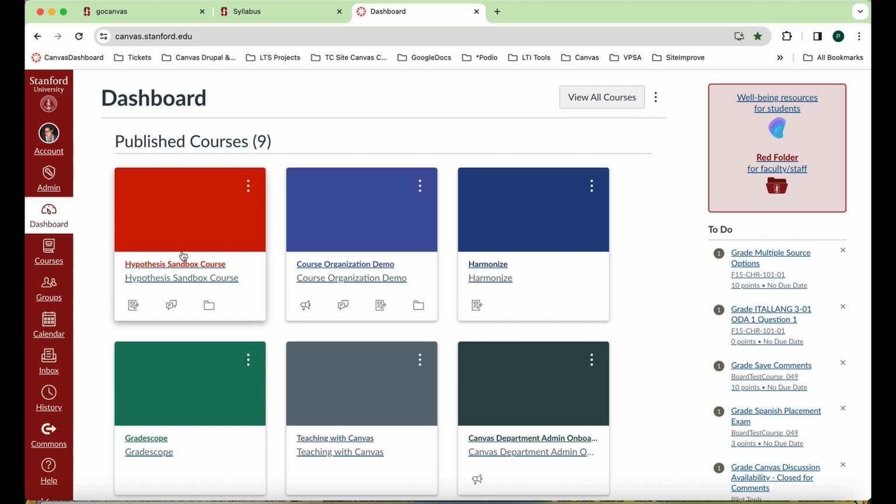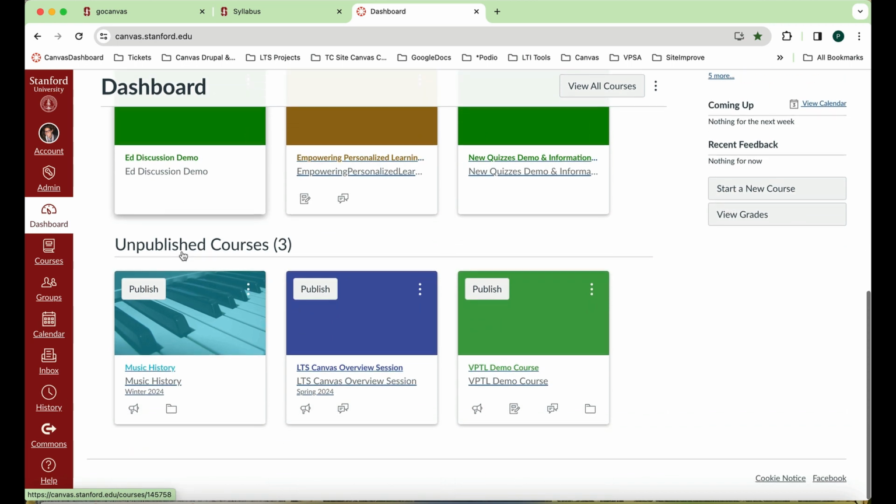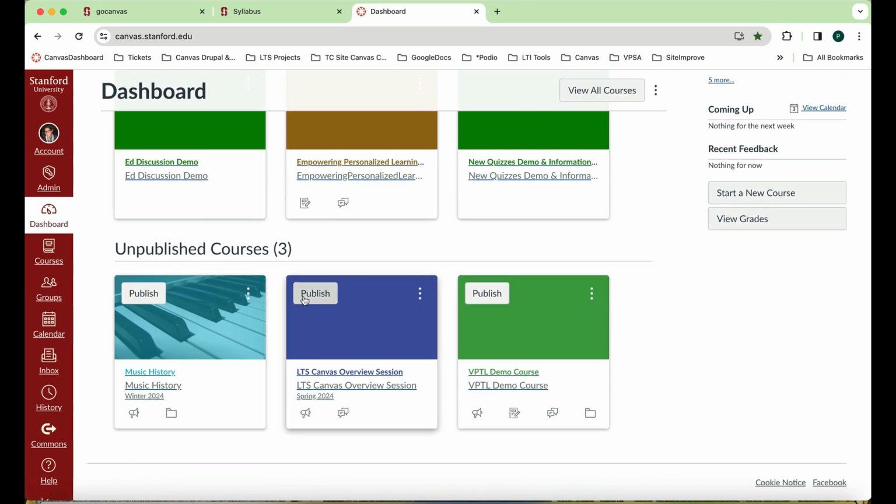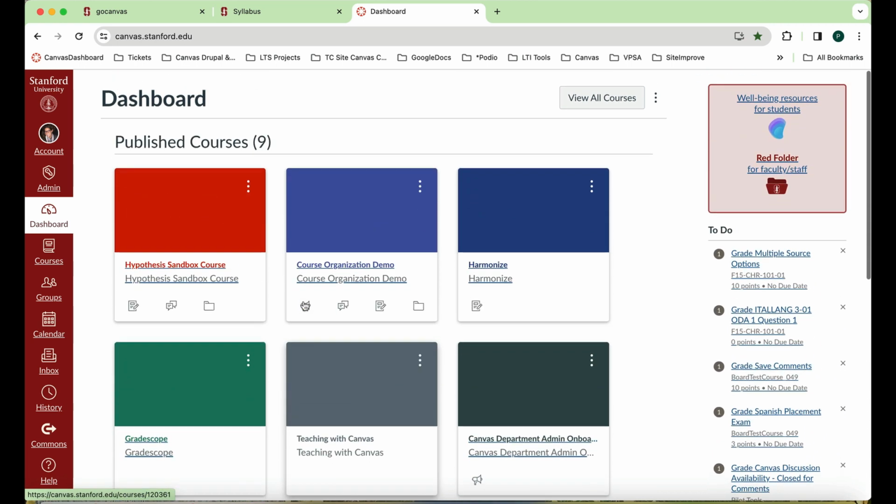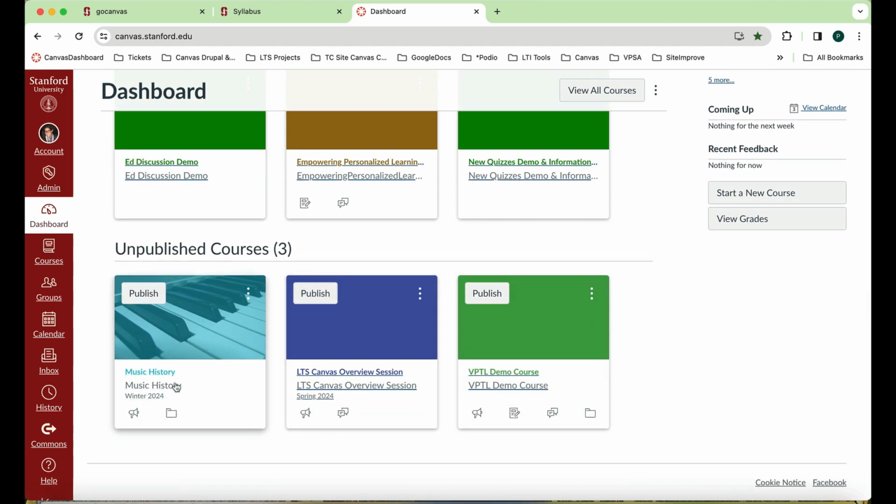Also, public courses are unpublished by default, and the unpublished courses are at the bottom of the screen. So if you don't see your course, please scroll down to view the unpublished courses. The absolute last thing that you should do is publish your course, and I will highlight that at the end. And that's after you thoroughly designed, developed your course, imported all your content into the course, and it's student-facing ready.